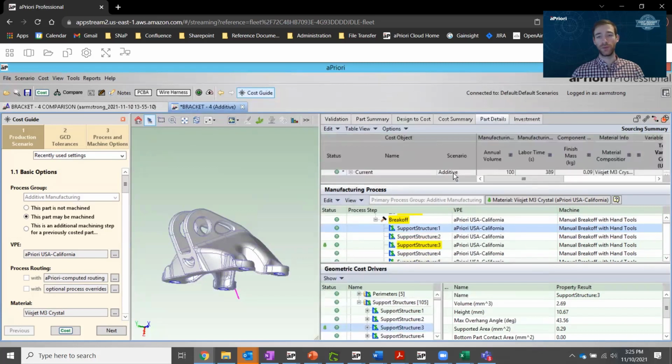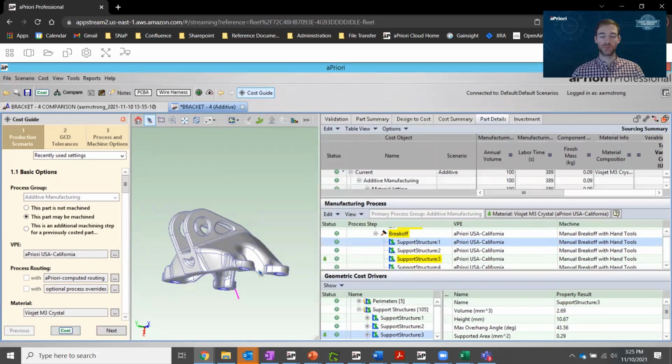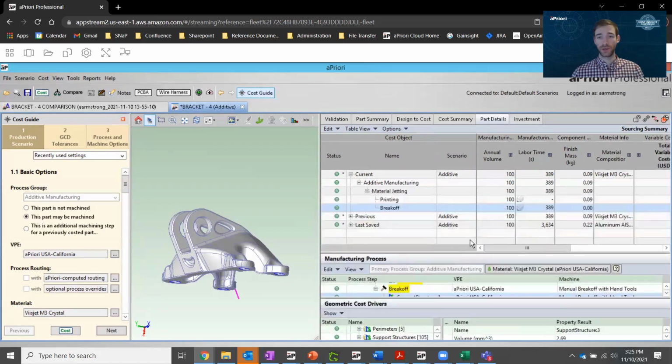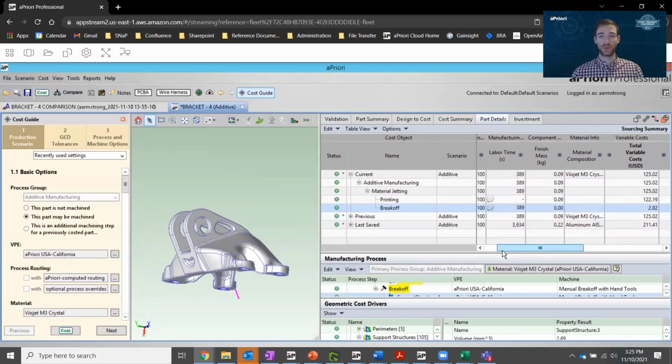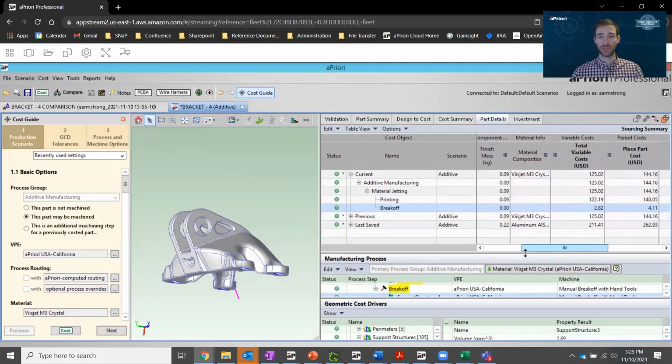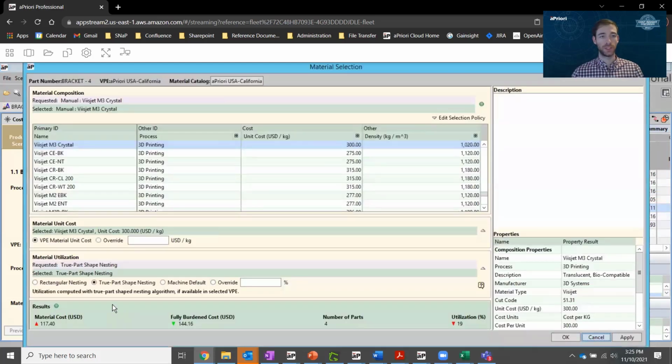So if we click OK, we'll see it updated, and we could recost the part. In this case, it's a pretty small support structure, so we would end up with a slightly lower cost associated with it. But otherwise, the rest of the results are pretty straightforward. If you're used to aPriori, you can review the labor time and costs buildup for the part details tab, sort of as normal. So that was our material jetting process. Swap over now to